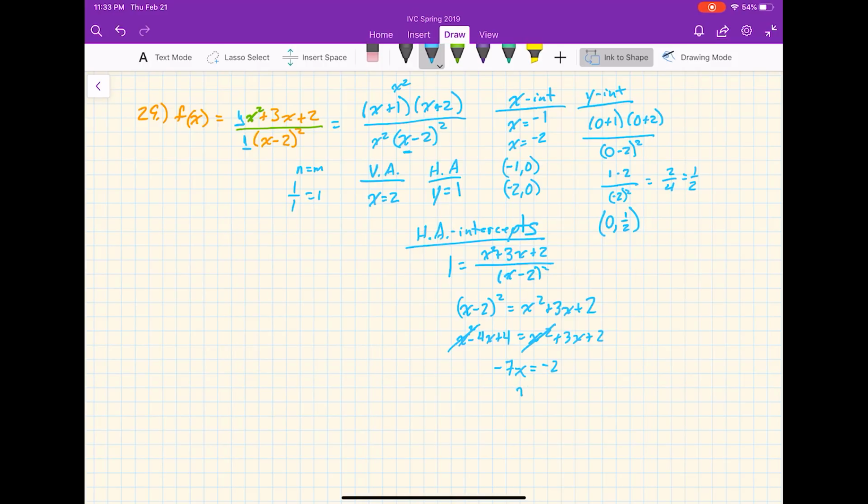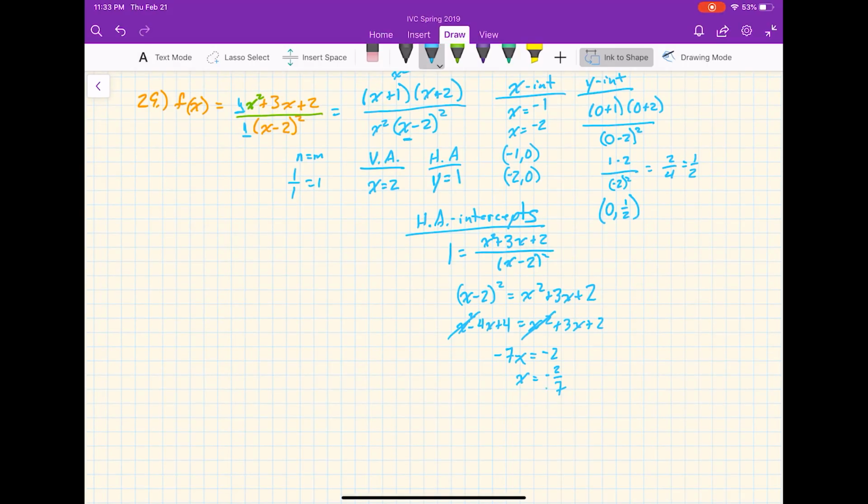All right, so if I divide by negative 7, negative 2 and negative 7, a negative divided by a negative is going to be a positive, of course, so these change to positive. So for a y value of 1, we need an input of 2 over 7, so 2 sevenths. So I just put 2 sevenths, comma, 1. So there's our horizontal asymptote